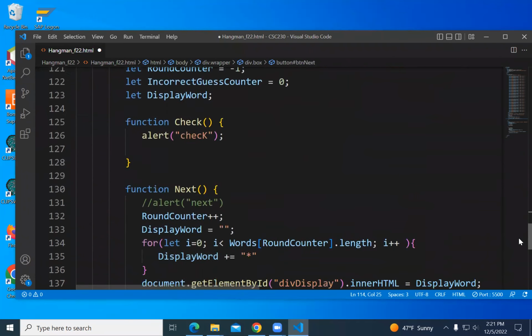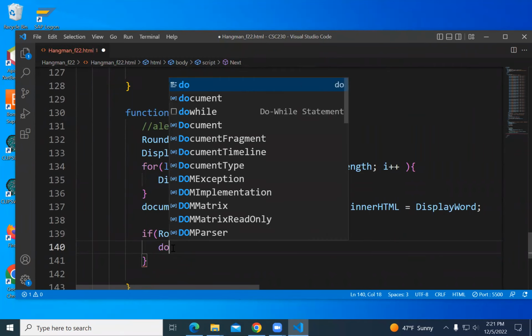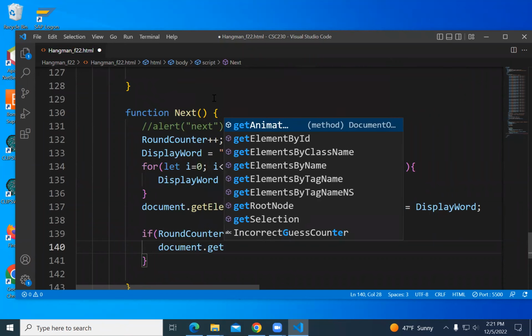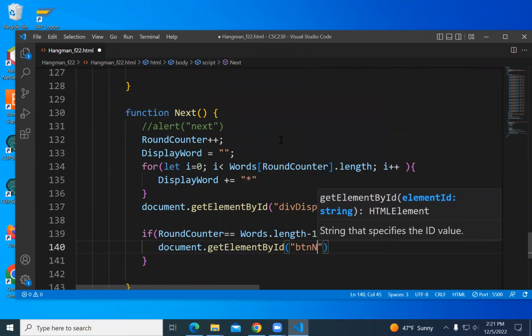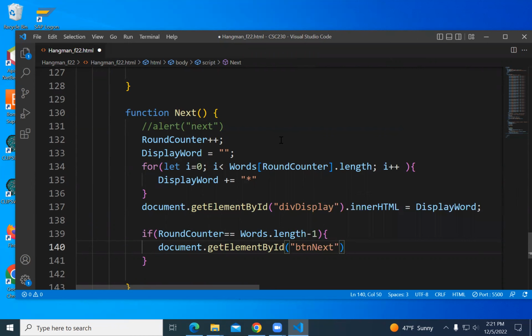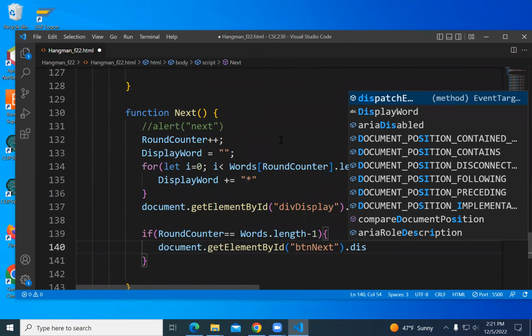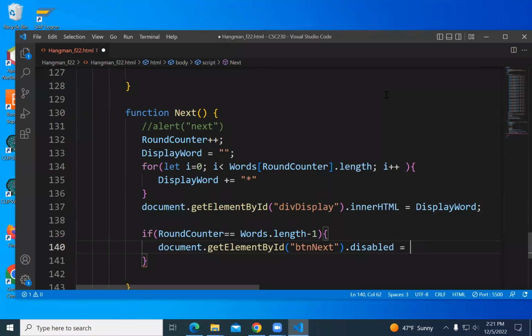So I should be disabling button next: document.getElementById button next, dot disabled, that's the property, and we should set it equal to true.